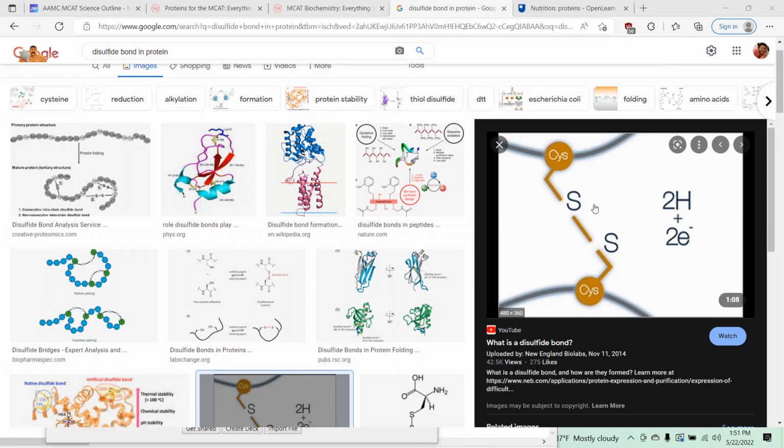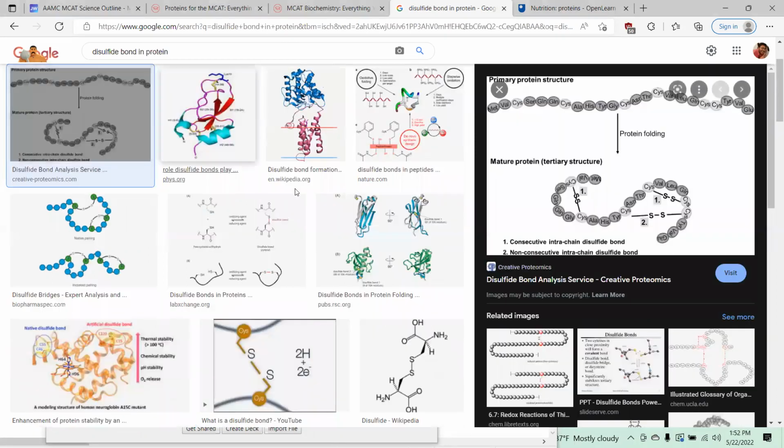I'm not going to get into it right now, but this is a very unique thing about cysteines. If you see two cysteines in a protein chain, then you think, oh, there could be a disulfide bridge forming here. You could see the cysteines here are linking together and causing a strong